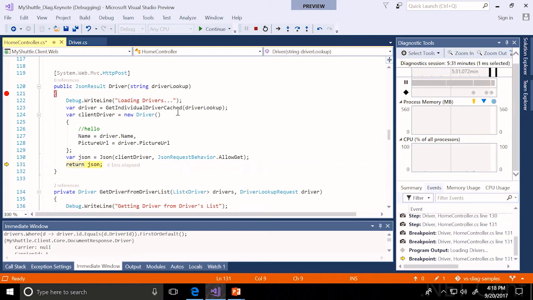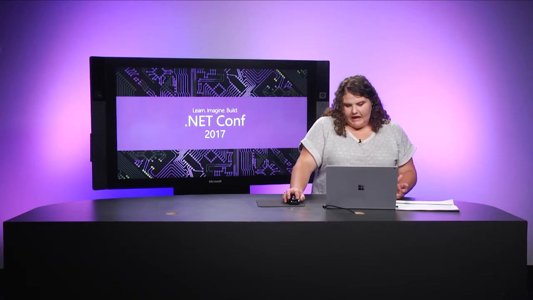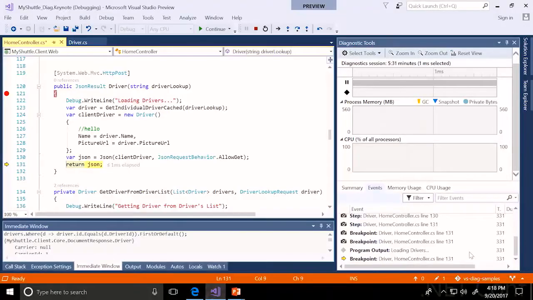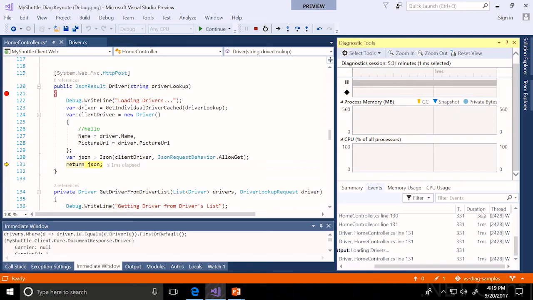Okay, but I remember when I stepped over get individual driver cached, it was some number, and it was kind of a big number. How do I get that history of the perf tip back once it's gone? The answer is the diagnostic tools window, like the answers to most of our problems in this part of my session. Over here in the diagnostic tools window, you can see that it has a duration column